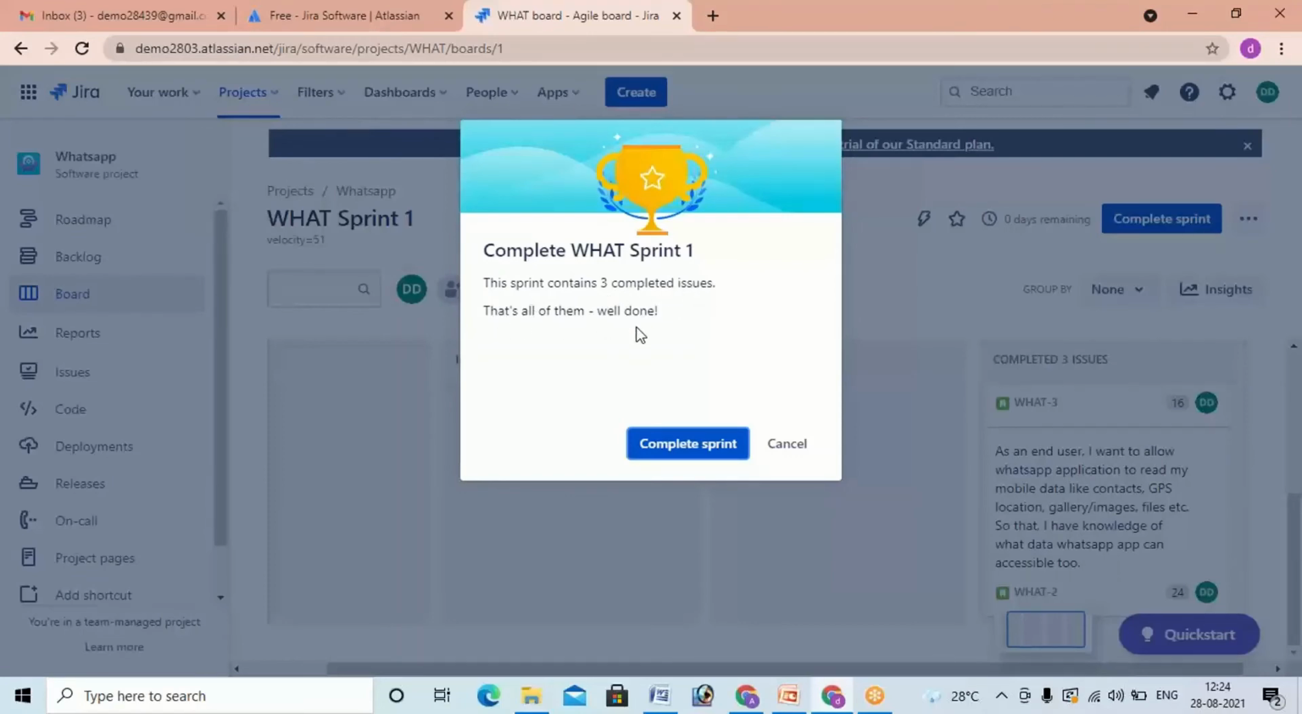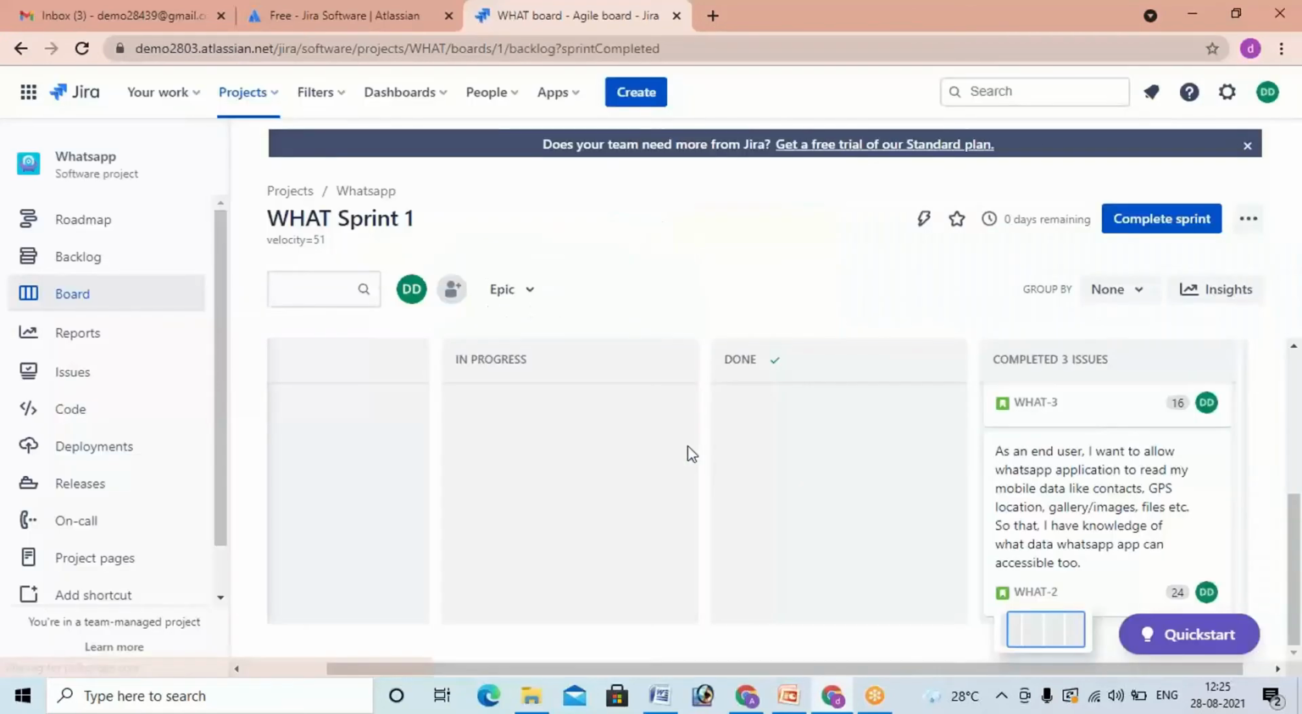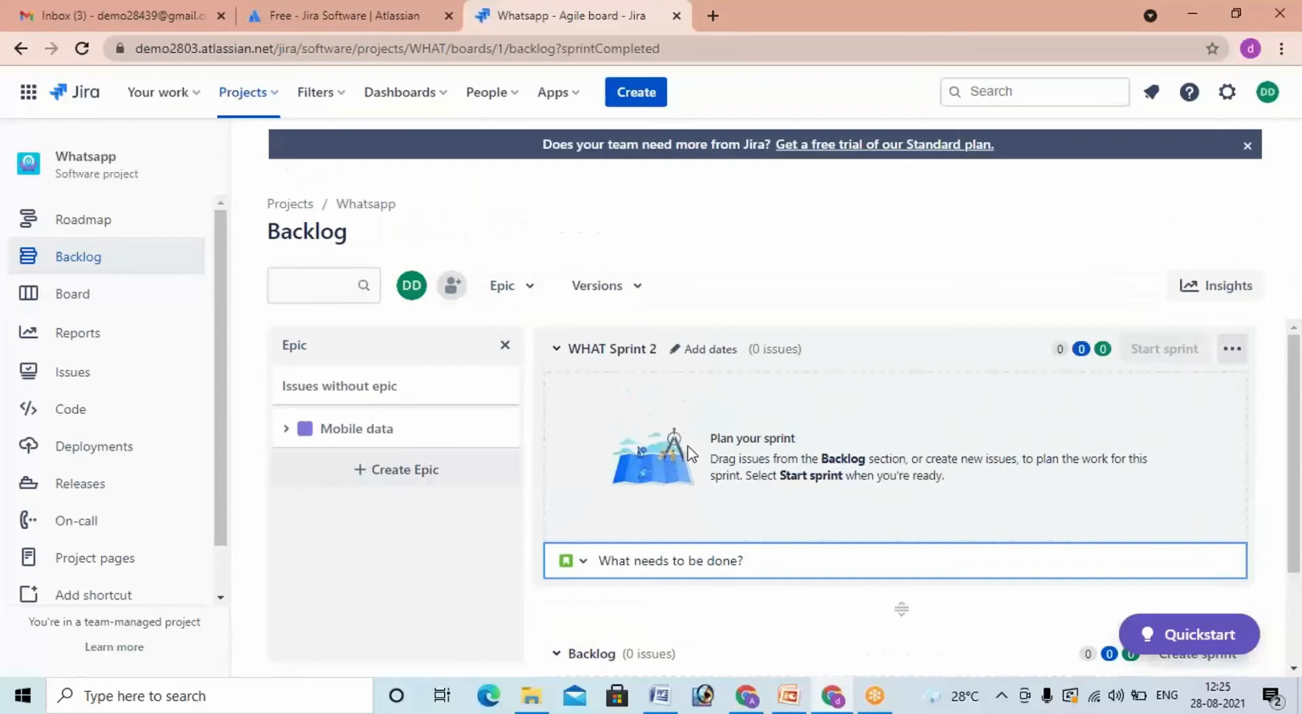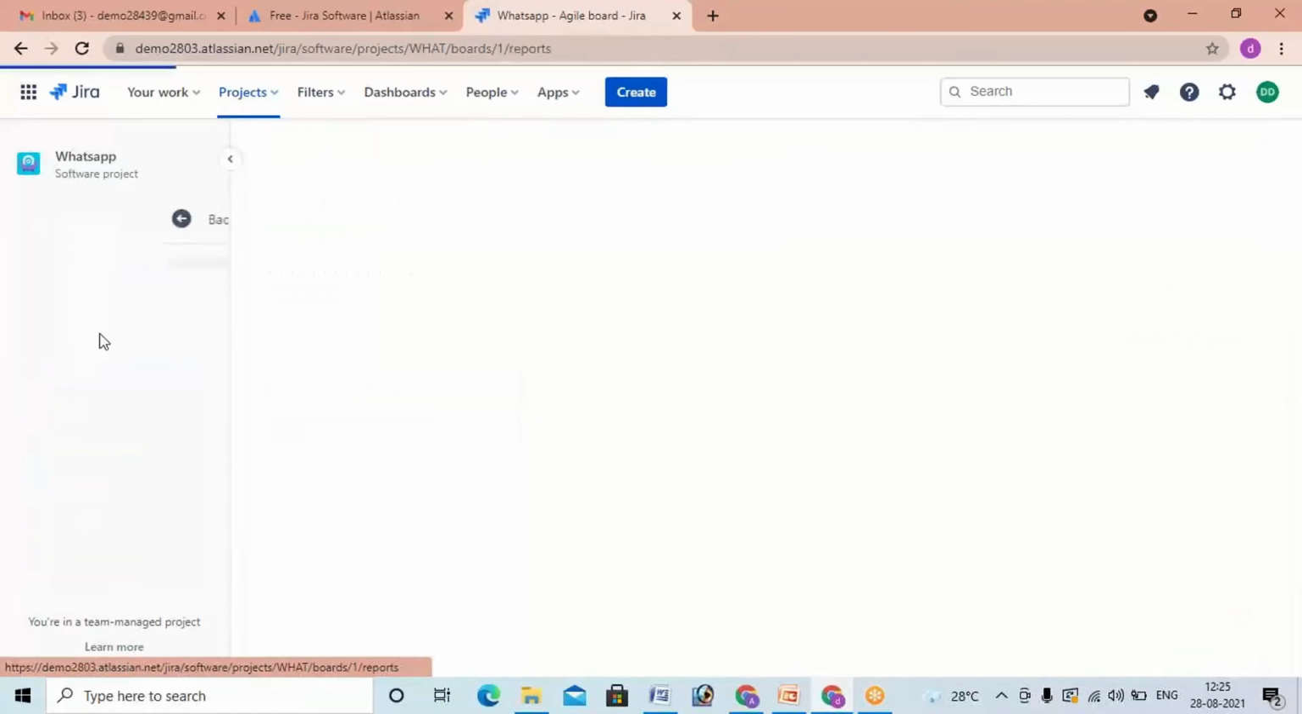That's all of them. Okay, so which means we have covered all the process. We have covered whatever issues we have created. Those all issues we have executed. Okay, so now click on complete to generate a report. Previously, when we were working on Jira, we had to create the reports, like burn down chart, burn up chart, those all sorts of things. But while using the Jira software, this